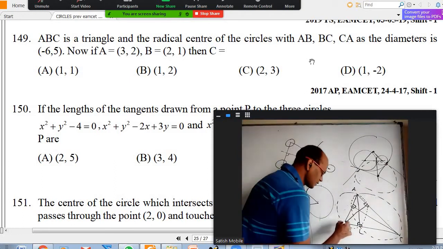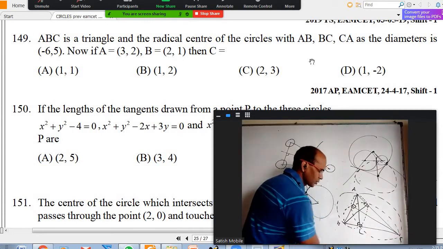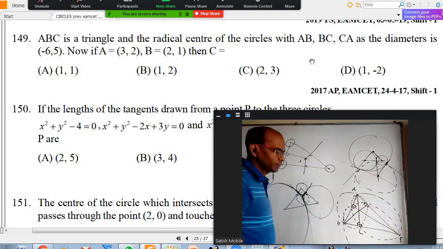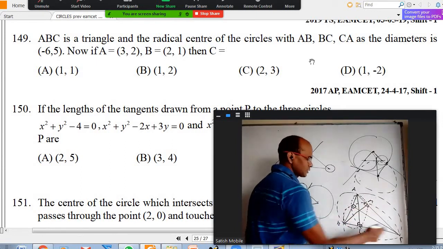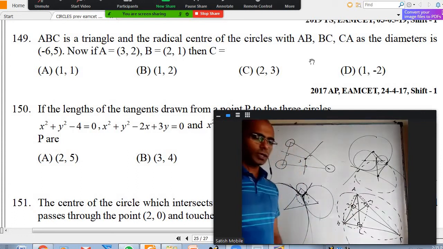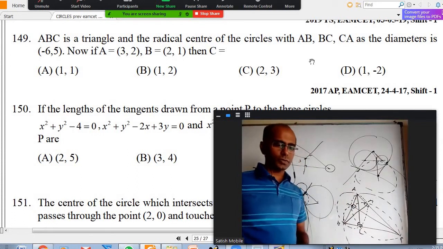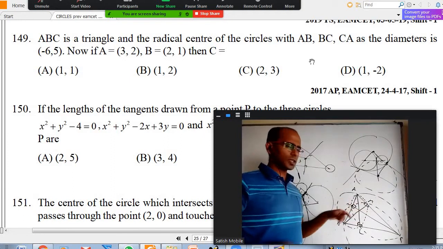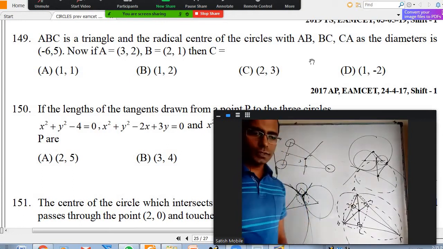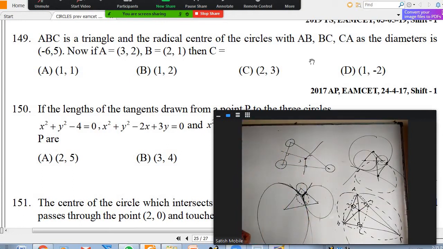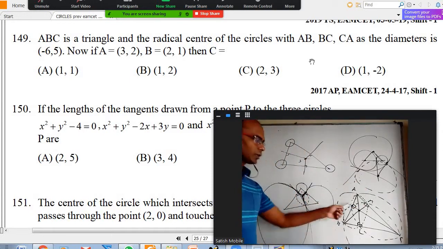Similarly, if you take B and C as ends of diameter, you'll get one more circle like this. I can use different colors if I wanted to. Then for this circle and this circle, BM is the common chord or radical axis. And for this and this, CN is the common chord or altitude. So the three altitudes are common chords, they are also radical axes. So orthocenter is here the radical center. Okay, so I showed you 4 cases in the figure where the radical center can be the circumcenter of a particular triangle, excenter of a particular triangle, incenter of a particular triangle, orthocenter also of a particular triangle.